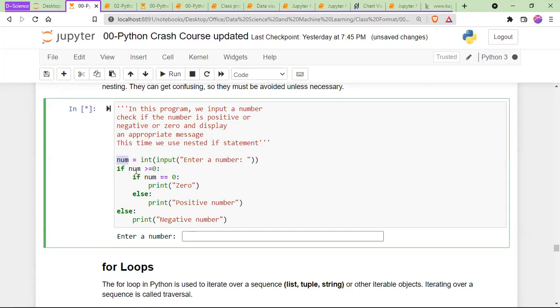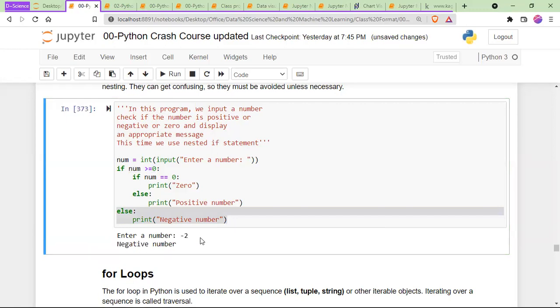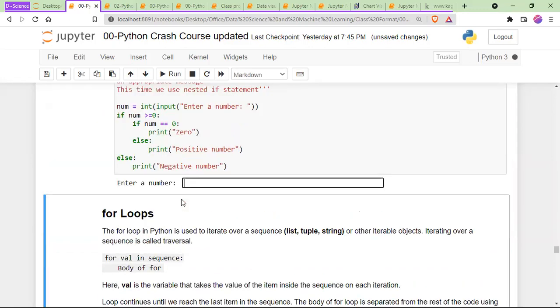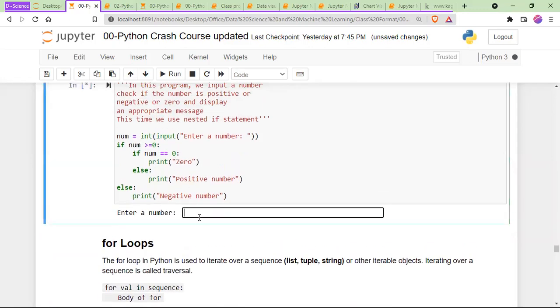Okay, so if I say if num is greater than 0, that is, if this condition here is true, it will consider everything here. But if this condition here is false, that is not true, it will come straight down here and print this. So let's say I enter -5 or -2, I can enter a negative number. Because this condition is false, it went straight down here and printed this. Okay, let me run it again. So now if I enter 0,